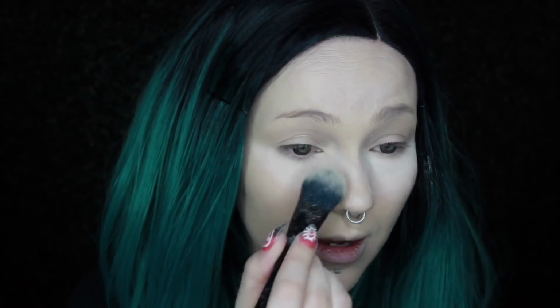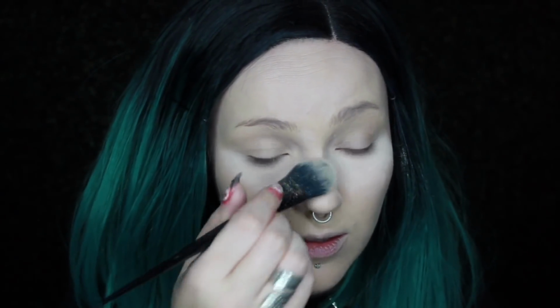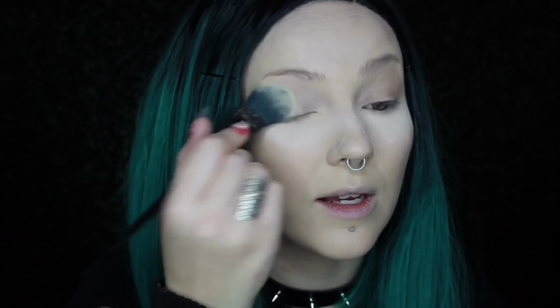This product was specifically made for baking. And when you dust this off, it is so light and not cakey. It's really, really lovely. Just gonna dust what I have left on my brush over my eyelids. I would set my whole face with this, but it's really little, so I must preserve